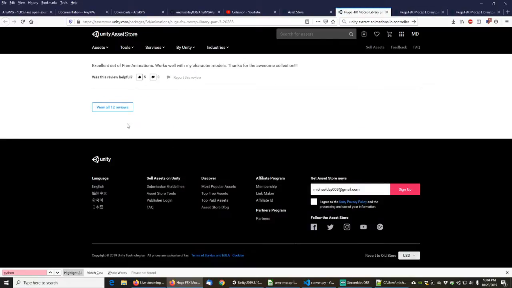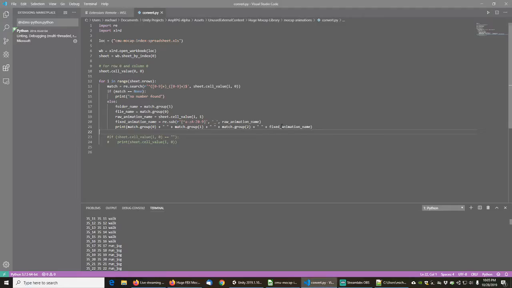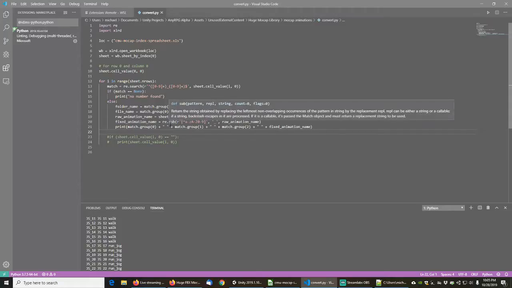Okay, well, anyway, someone in one of these comments here put a comment about, it would be great if some developer developed a thing to make this library easier to use and basically rename all the stuff. So I searched online and I couldn't find anything. So what I'm doing right now is I'm building a Python script that will go through and rename all these things so that we can properly search them inside Unity. And then I'm going to release this Python script on GitHub so that anyone else who downloads this thing can basically just copy the Python script into their project and rename all their animations so that they don't have to